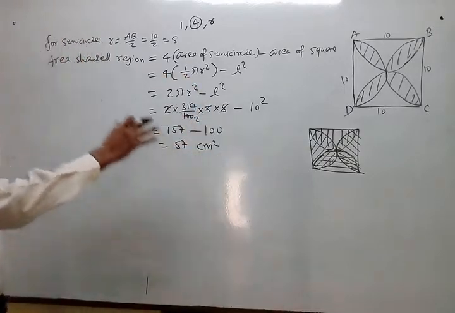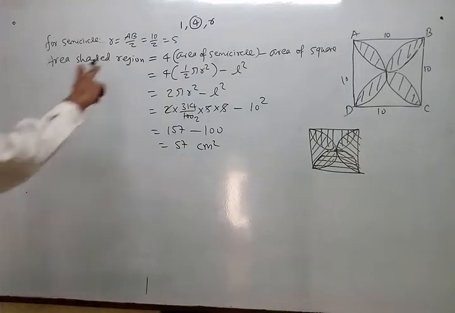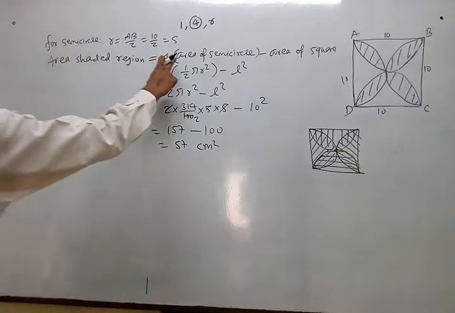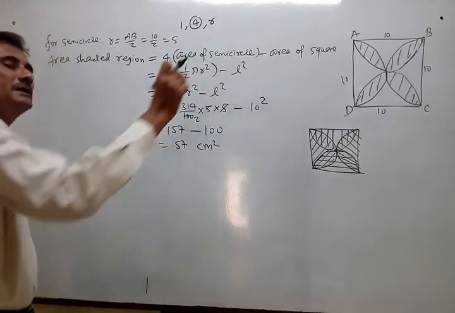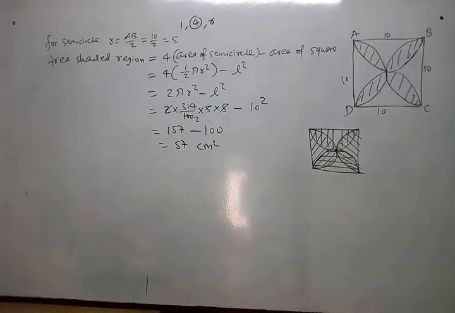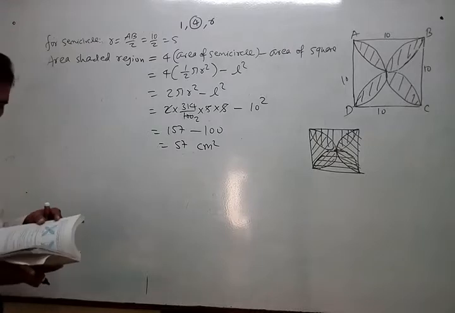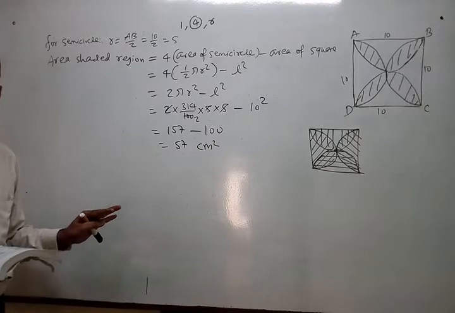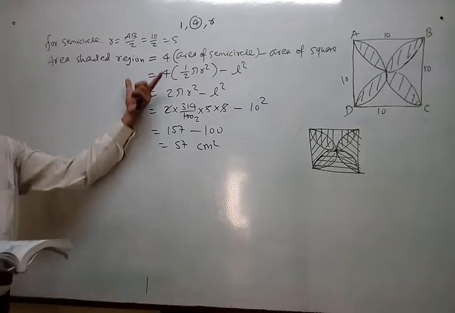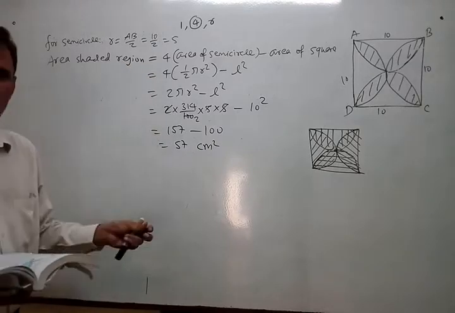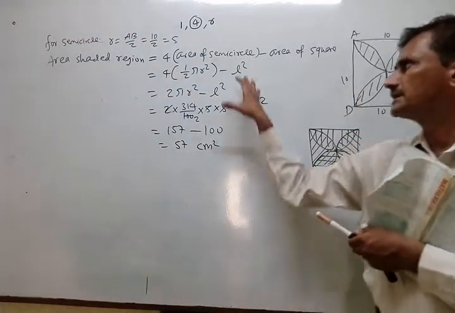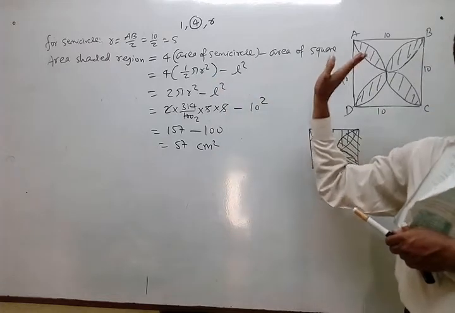Okay, so very easily this way you will find. Just understand, or if you want you can write in the textbook also this formula: 4 times semicircle minus area of square. Okay, so that you understand how to find it. Now don't compare our solution with the textbook solution. They are quite different. Methods are different. You are independent to find the answer any way, but this is convenient. Just remember this, and understand also.